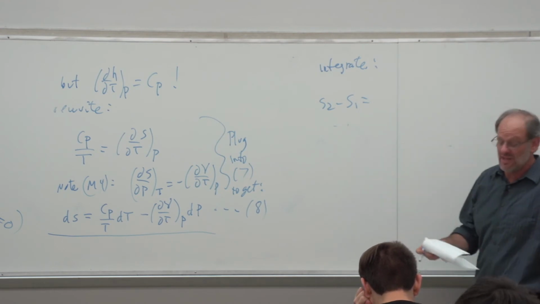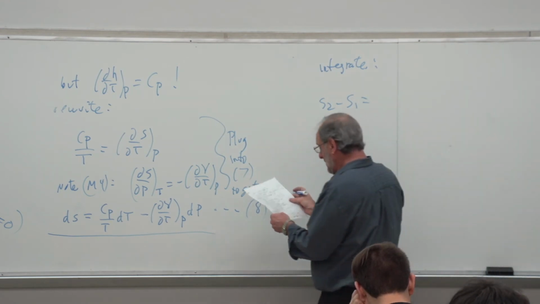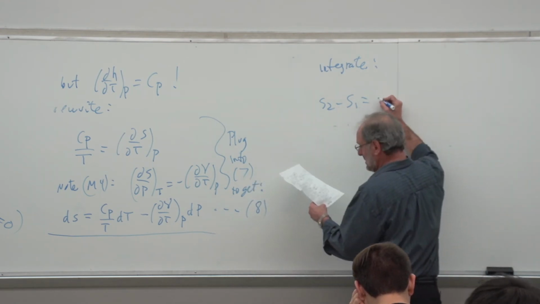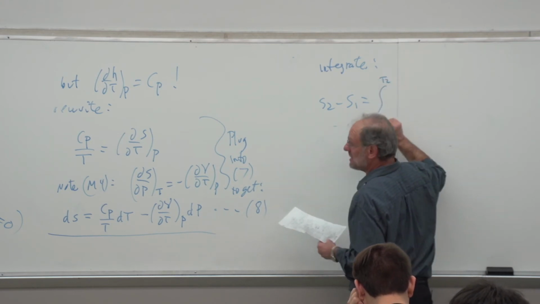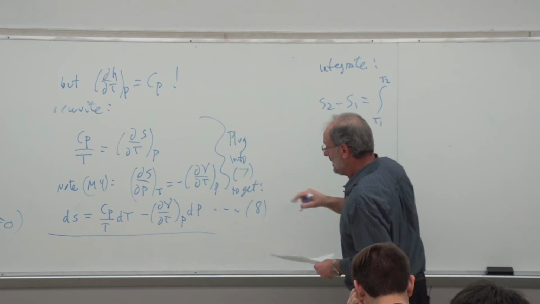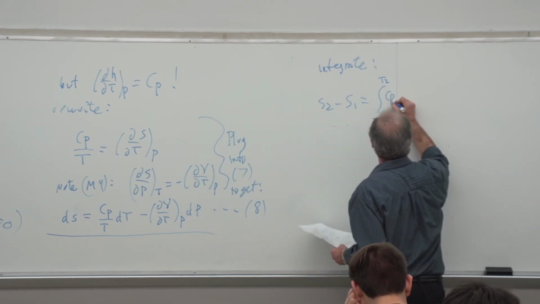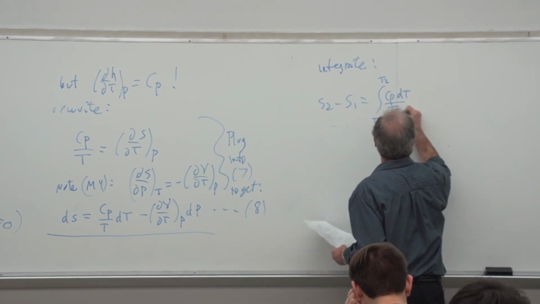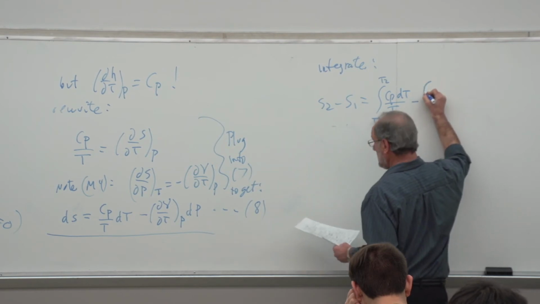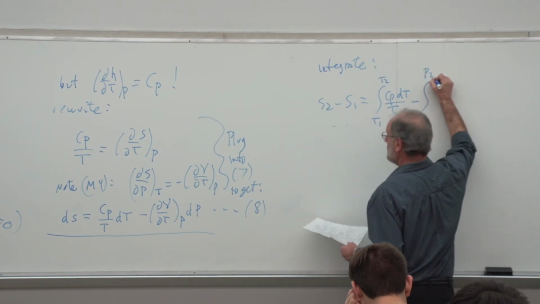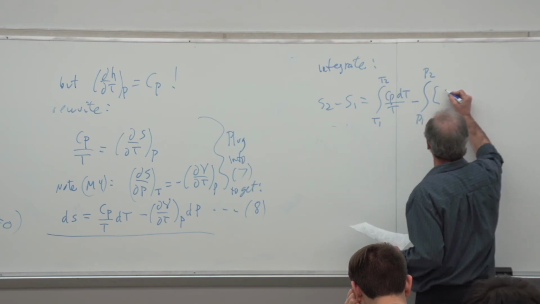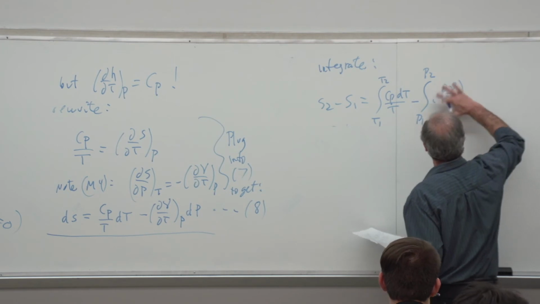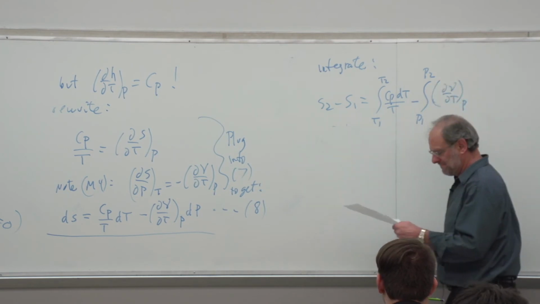So the integral of delta S, of course, is just S evaluated from 1 to 2, S2 minus S1. And then we had the integral from T1 to T2 of Cp dT over T, and then minus the integral from P1 to P2 of (∂V/∂T) at constant P,